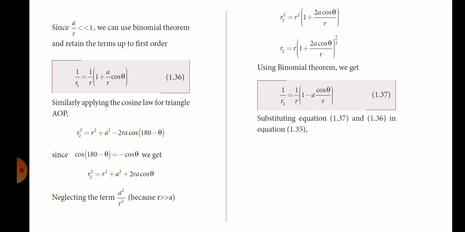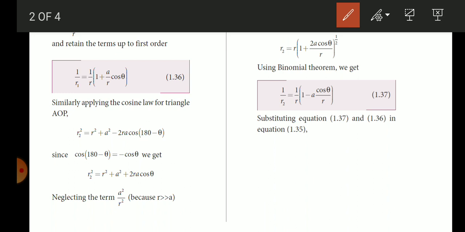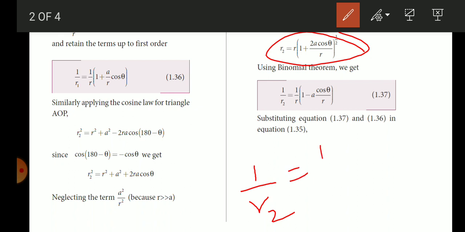Then it will become square root. So square root is nothing but 1 by 2. Again use the binomial theorem and substitute the value. Before that, take the reciprocal of this term. Then if you take the reciprocal, it will be 1 by r2 is equal to 1 by r. Reciprocal of this term will be 1 by r2 equal to 1 by r 1 plus